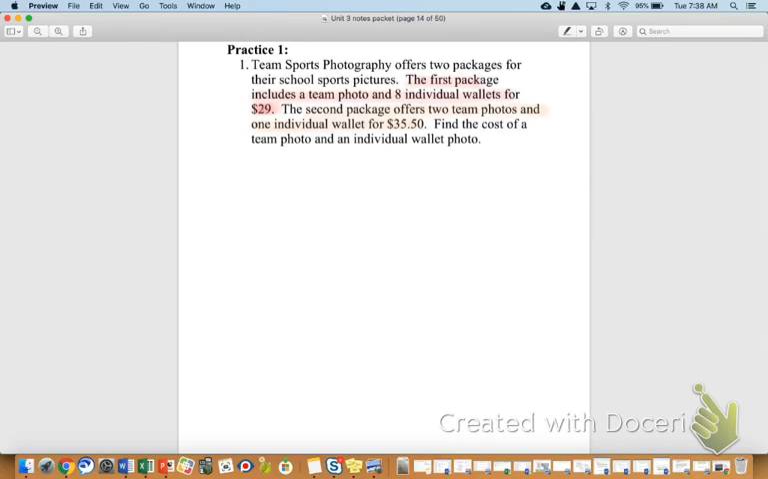And we are supposed to find the cost of 1 team photo and 1 individual wallet photo. So what I'm going to do is try to translate, as we've worked on before, the red sentence first. So it says the first package includes 1 team photo and 8 individual wallets. So I don't know how much a team photo costs, and I don't know how much an individual wallet costs. So I'm going to set it up and say that